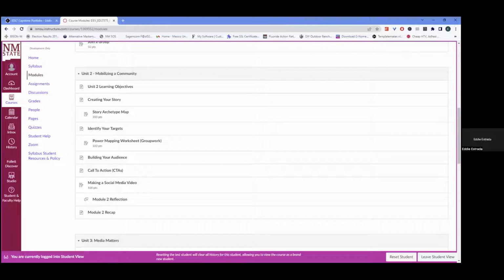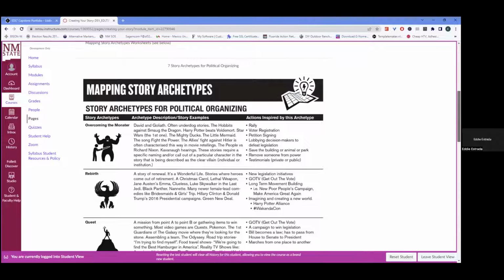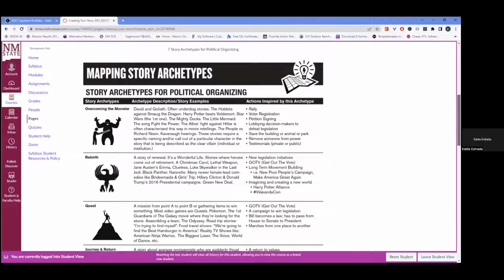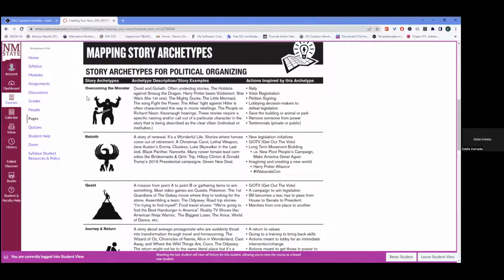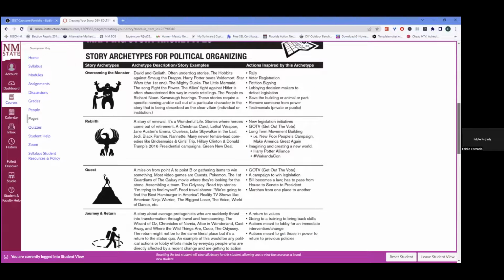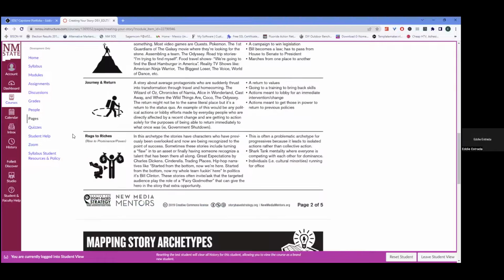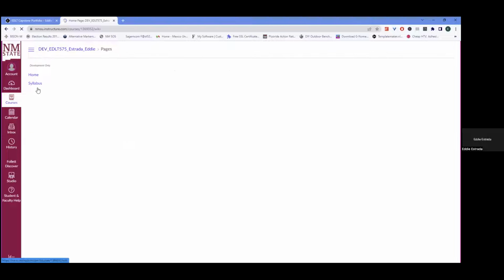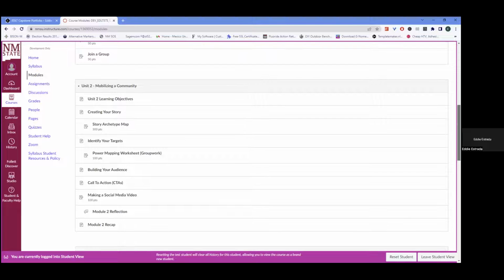So module 2 goes into mobilizing a community and building their story. So what they're supposed to do is, using the issues that they identified, use one of these story archetypes that's used in books and Hollywood and movies and shows, and there's 7 of them, which can be overcoming the monster, a rebirth, going on a quest, the journey and return. These are just common tropes of storytelling. And once they have their story locked down, they are going to create a video using social media,